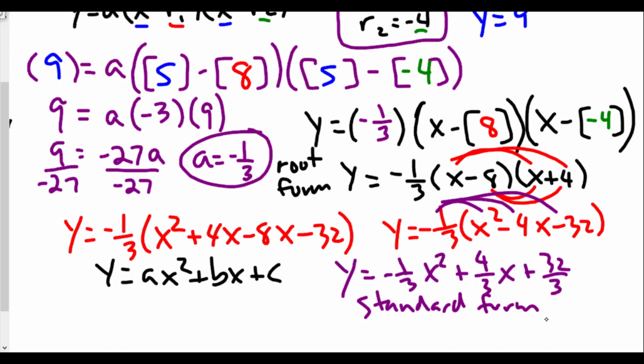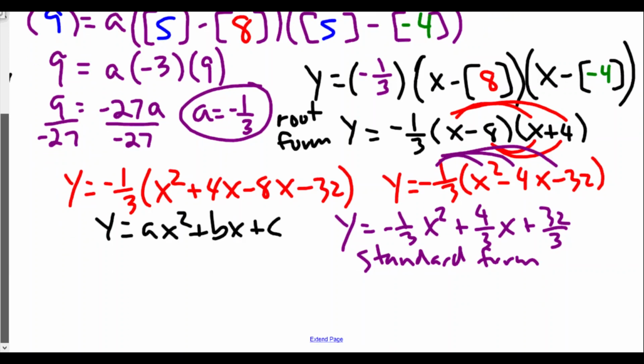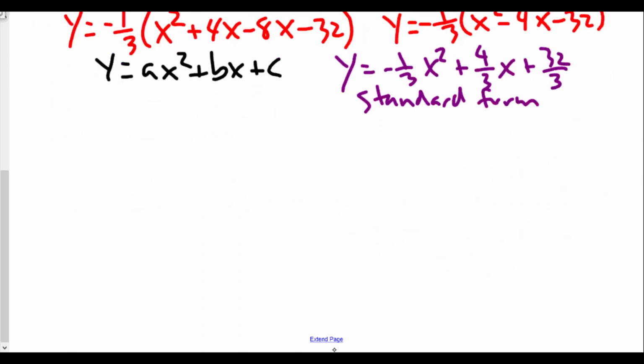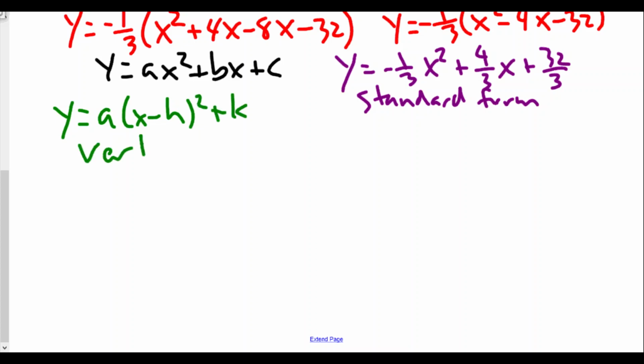But we were asked to find the vertex form. Well, when we've done this before, the vertex form, and I'll write this down, is y equals a times x minus h squared plus k. This is our vertex form. In previous problems, we found that we use our axis of symmetry, x equals negative b